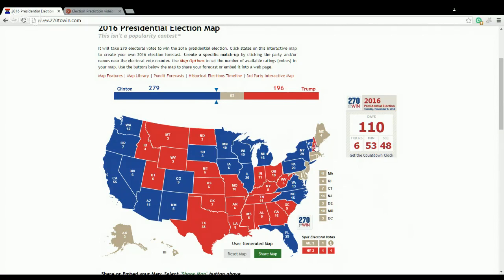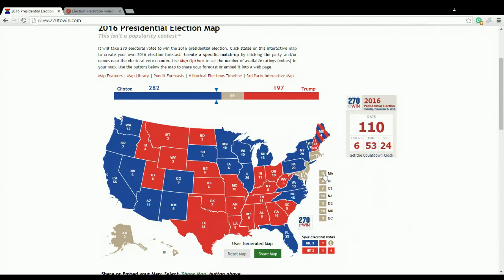Vermont blue, and New Hampshire, I'm going to go blue too. Well, no, New Hampshire, I'm going to go red. It's very close in the polls. It's anybody's guess at this point who's going to win New Hampshire, but I think Trump can win New Hampshire. But I think Hillary Clinton's going to win 3 electoral votes in Maine, and the other half is probably going to be too close to call, once again, like Georgia, for most of the night, but I think at the end of the night, it'll go for Trump.